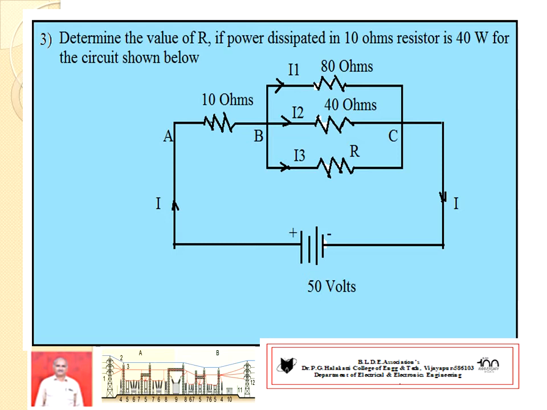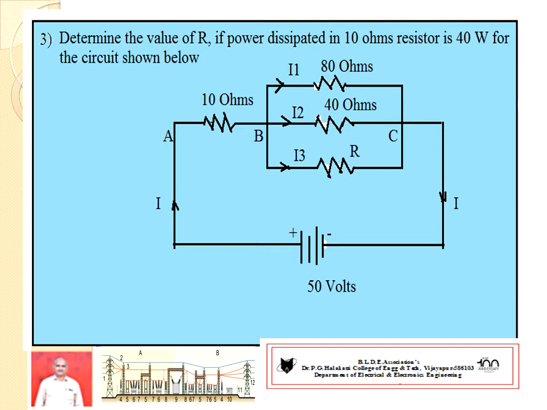Now you can observe the power dissipated in the 10 ohms resistance is 40 watt. Then which equation should we use here? It is not the power dissipated for the whole circuit. Try to understand, friends. Power dissipated across 10 ohms. Then we have to take the relation of current, voltage, resistance, around the 10 ohms only. What is the current flowing in 10 ohms? What is the voltage across 10 ohms? Power dissipated in 10 ohms, then those relations are only considered, but it is not total.